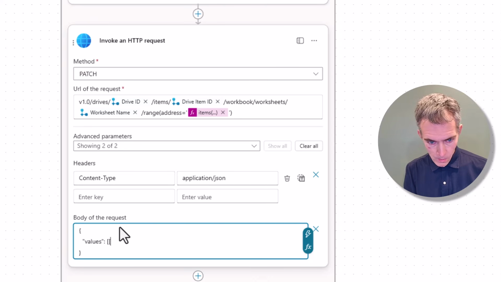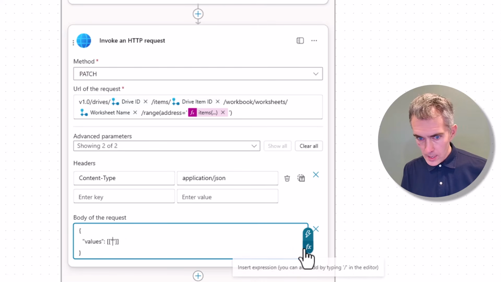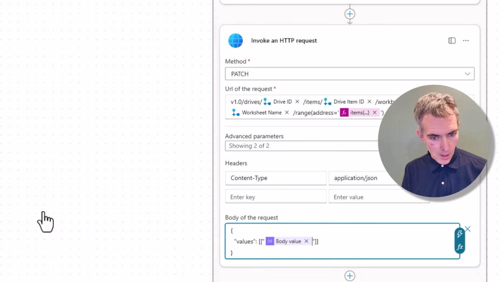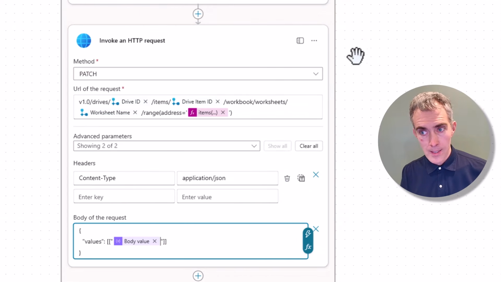And then we type 2 square brackets in either direction. That's kind of strange, but that's exactly what they want. And then some quotes, and then we want to get the body value from our parse JSON,